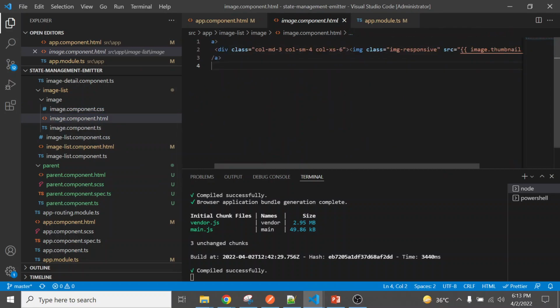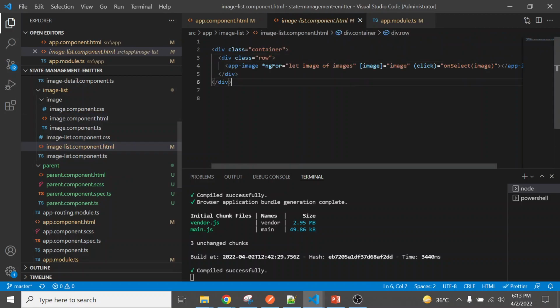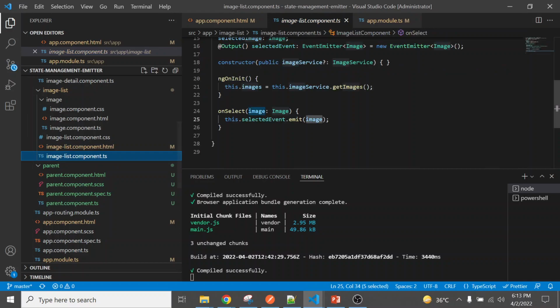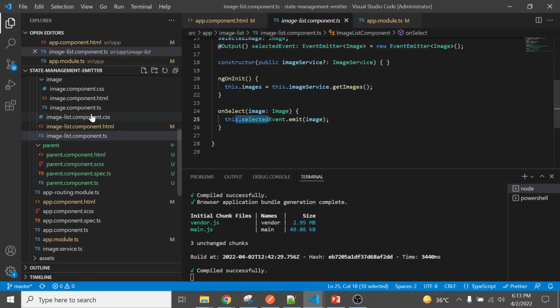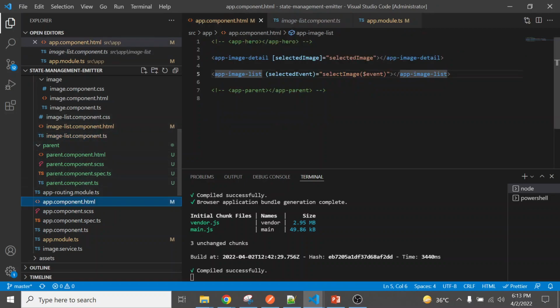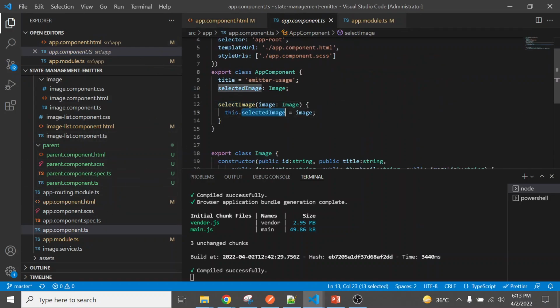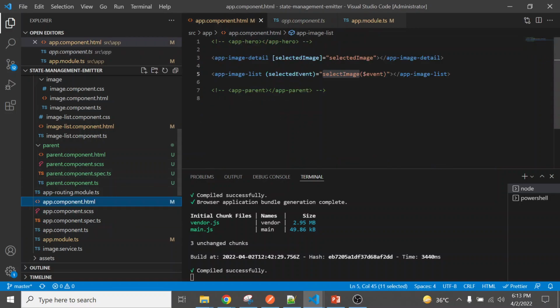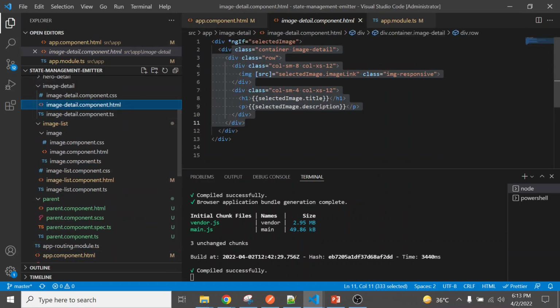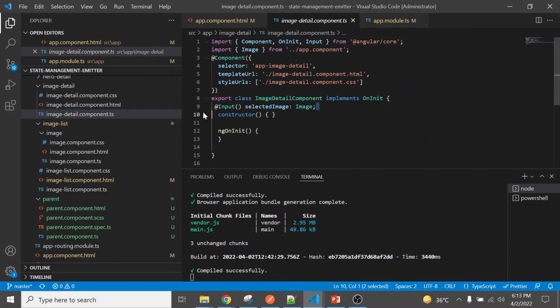We have bound the image details of the image, so if anyone clicks on that image, it will pass the data to the component that we have displayed here. It triggers select image. What does select image do? Select image binds the image to the selected image. Then the selected image is passed to the selected image input emitter. With this we are showing the image here. So here we have created the input emitter also.